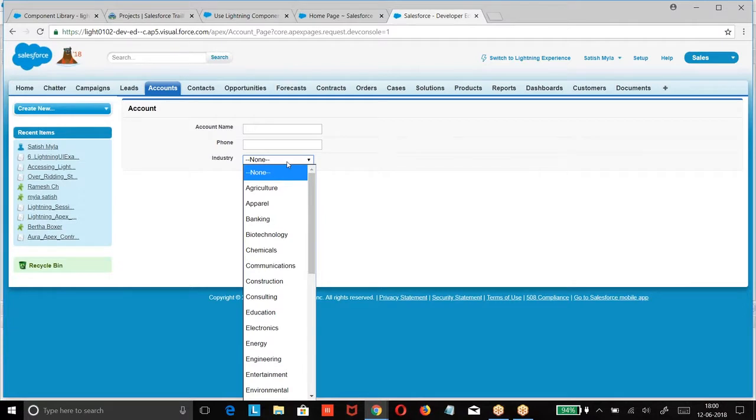Got my point? Now I am trying to create a customer. In the account object, I have two record types, a customer and a corporate. If it is a customer, I want to get the names like education, construction, energy. If it is a corporate, I want to get IT, energy, hospitality. Then based on the record type, the options can be controlled.